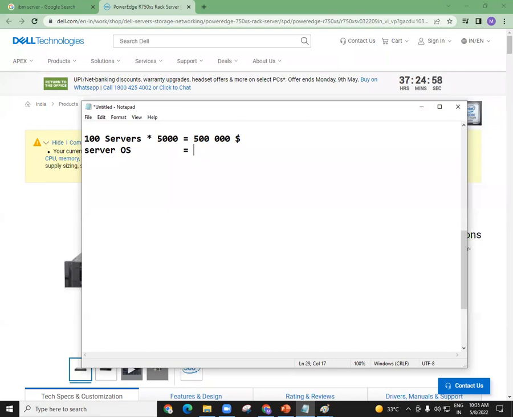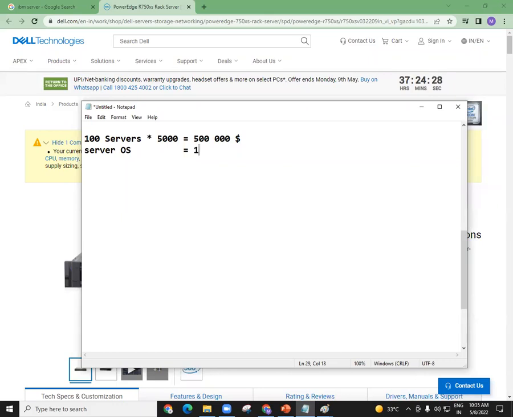So nothing is free over the internet, or nothing is free in the software side. Okay, there will be certain software which is free for some time, maybe 90 days or up to 6 months. But after 90 days or after 6 months, again we have to pay money. So nothing is free. Server operating system is a huge OS. It is designed for many purposes. So it's not like your Windows 10. Server OS has many configurations and many options available. So obviously server OS is not free. We have to pay a lot of money.